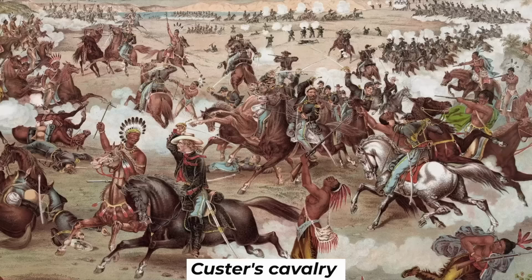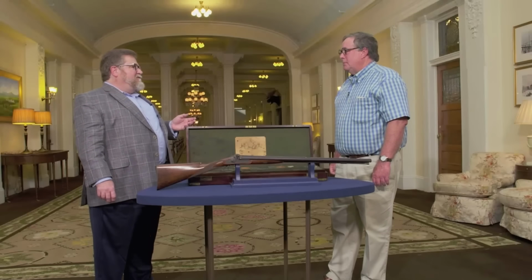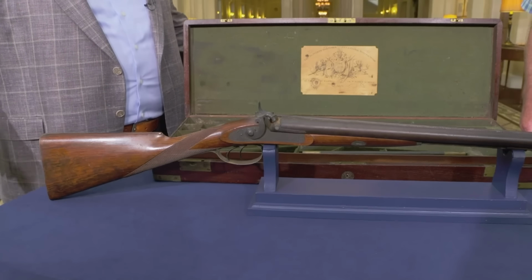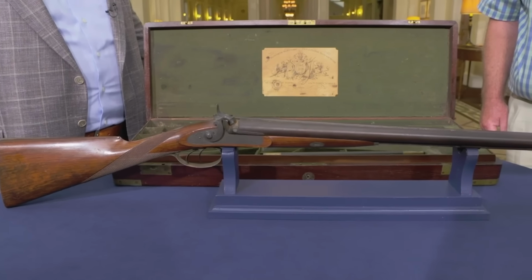He rejoined his regiment just before the war's conclusion, participating in the Battle of Sailor's Creek. There, Custer's cavalry captured over 300 wagons, and Maddox led a charge that secured 2 Confederate battle flags. Among the captured wagons were items that belonged to Confederate General James Longstreet, a controversial figure in the South. After the war, Longstreet became a Republican and supported his old friend, Grant, which led to his being labeled a